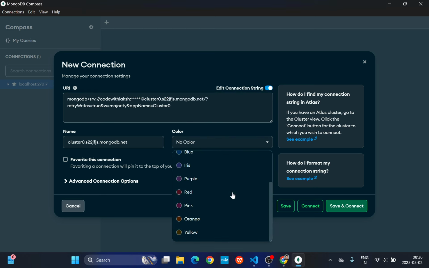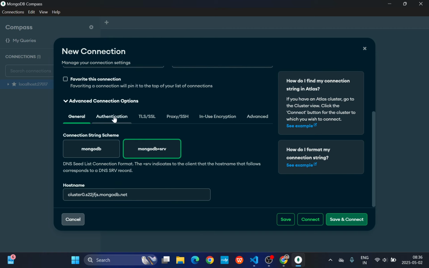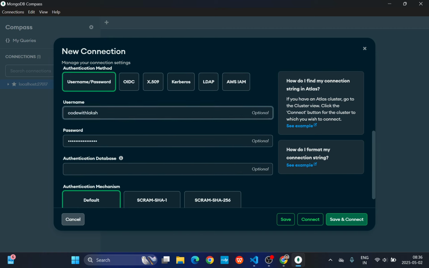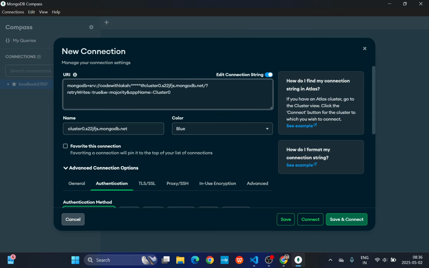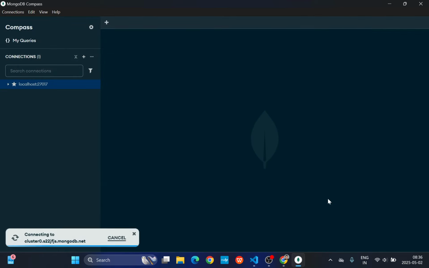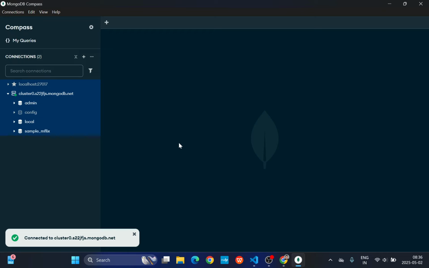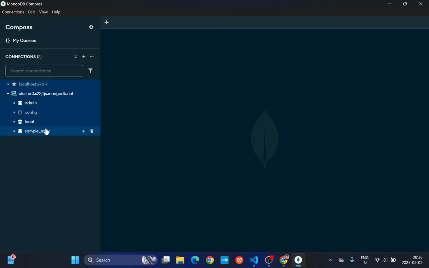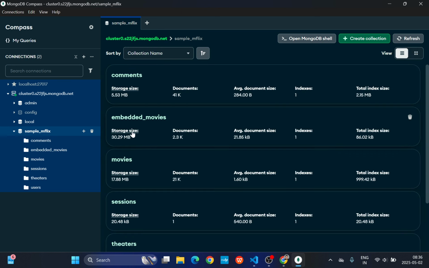Choose a color. What color do you like? I will choose a blue color. And advanced connection options, that is authentication. This is the username and password. Let me copy the connection string, save and connect. Now, if I save and connect to my database, you will see I have some sample databases,